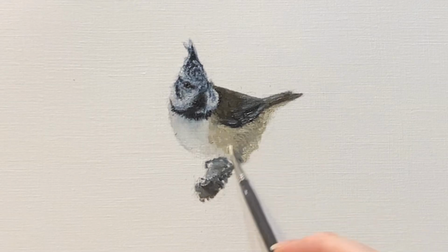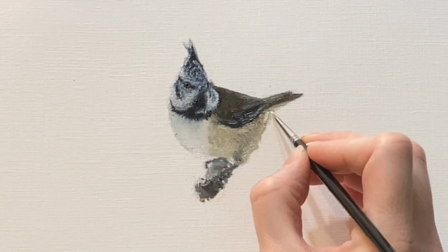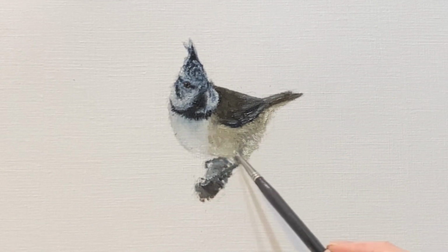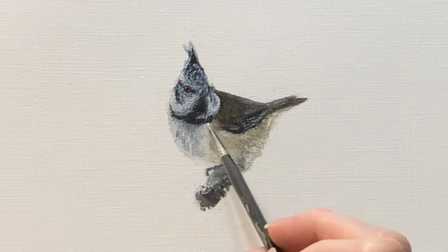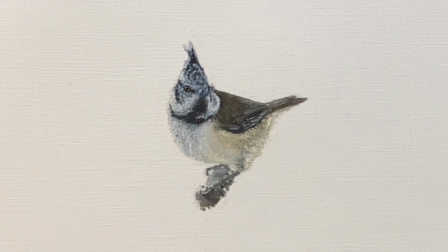Anyway, after we saw this little guy, we decided that it was probably time to get back on the road, and so we got back in the car and drove up to Inverness, where we were stopping for the night before heading on to the next part of our journey. We didn't get to see much of Inverness. It was more of a stopover point on the way to the next location,